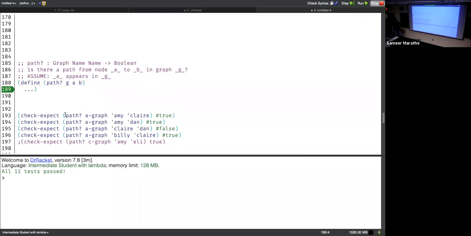What's the easiest case that would mean that there's a path from A to B? Yes, is that where we are is the thing we're looking for? So that would be one, but we can also simplify it. It's actually not necessarily true in a graph that there is a path from the node to itself. So we don't have that as a base case, but our base case is actually, does